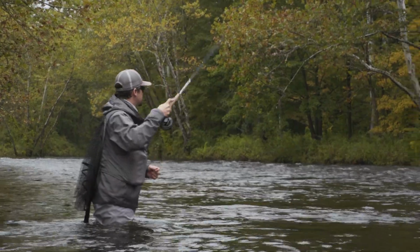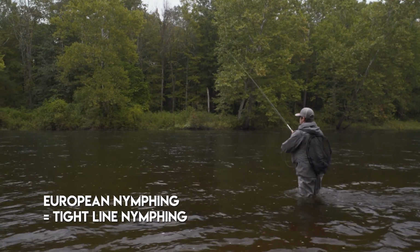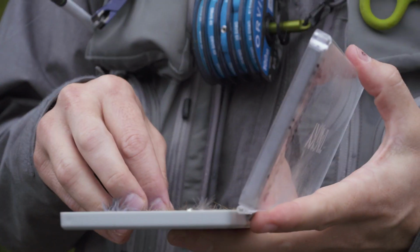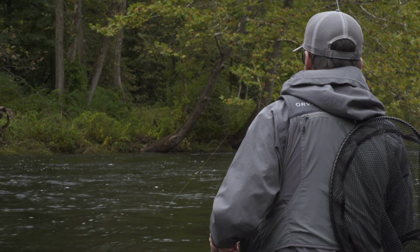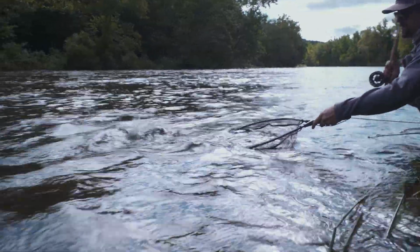Well, this European style nymphing technique has been a really popular technique as of recent, simply because it's an extremely effective way to nymph. And the reason why it's really effective is that it uses heavier flies and light tippet. And what that does is allows us to penetrate the water column much faster, get our flies into the strike zone, and give ourselves more opportunity. The more time in the strike zone, the more time at the cafe, the more time to get an opportunity